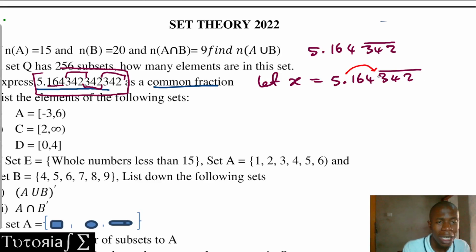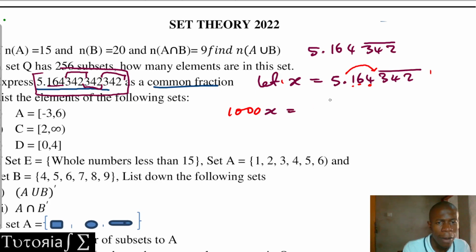We get the decimal point there by multiplying by 10 to the power of the number of digits that are repeating. We have three digits, so we need to multiply by 1000. Multiplying 1000 on both sides of the equation, we have 1000x